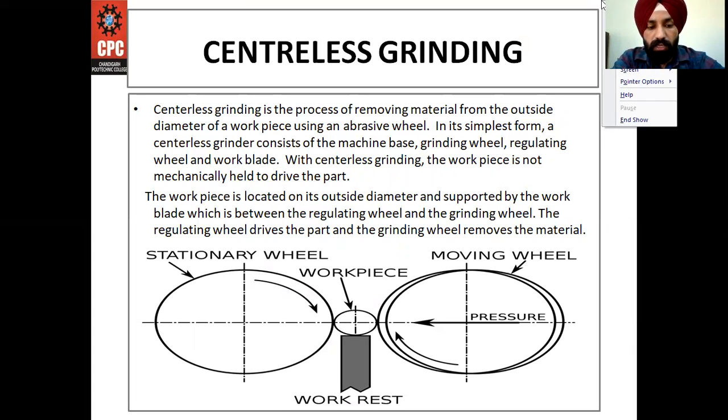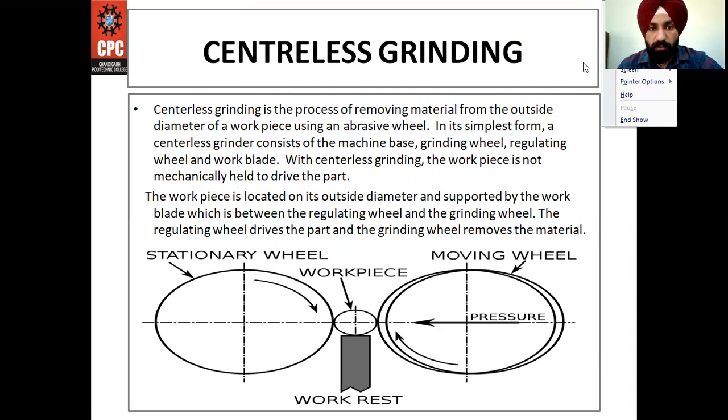The pressure rolls can be swung aside to permit loading and unloading. Internal centerless grinding is employed for cylindrical and tapered cylindrical parts, rings of anti-friction bearings, cylindrical liners, and various bushings, etc.